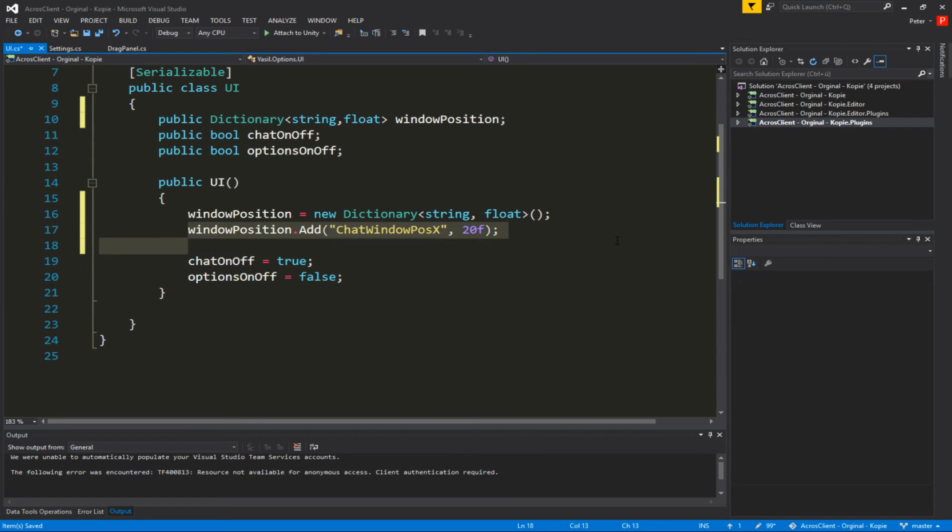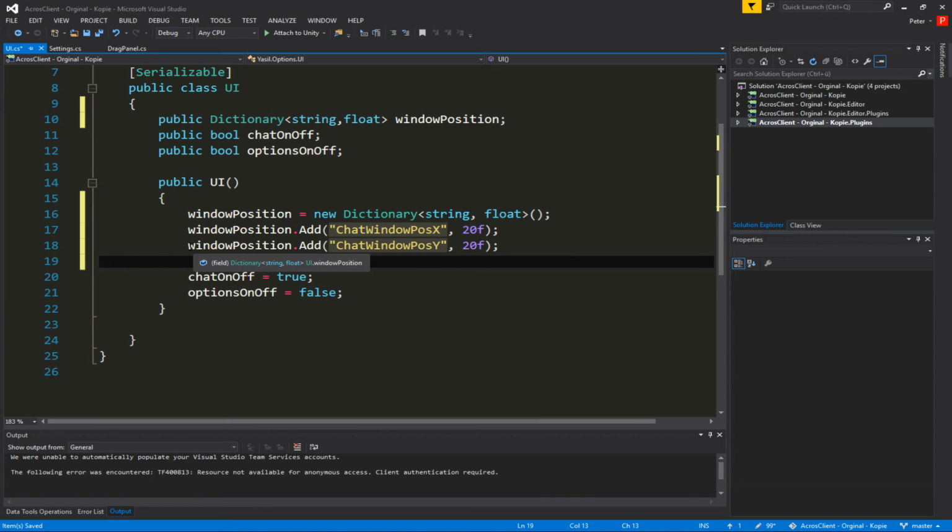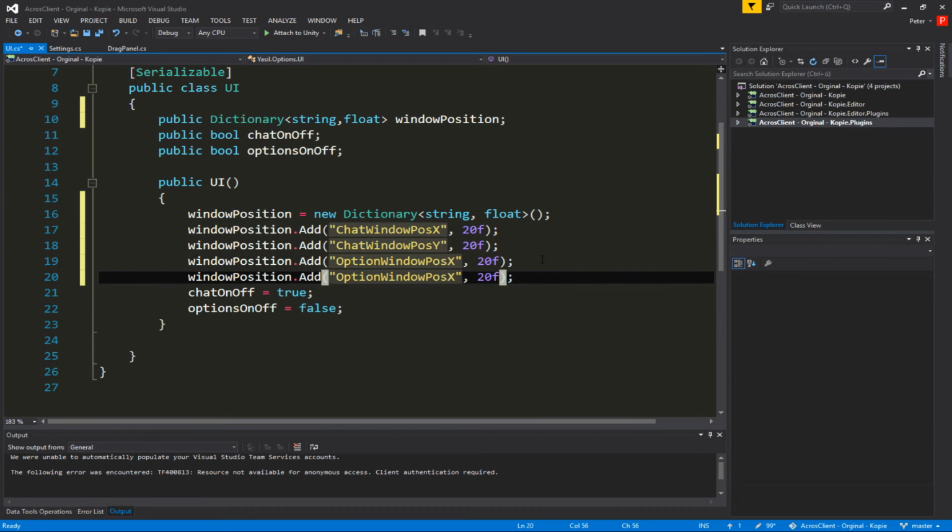And we're going to copy that and do in position Y also, and we're going for window position add and add another, which is options. We have to call that options window or option window position X, and let's do it to 20, 20 also, since that is in the middle. It's no big deal. And option window Y. So we have the base position here,